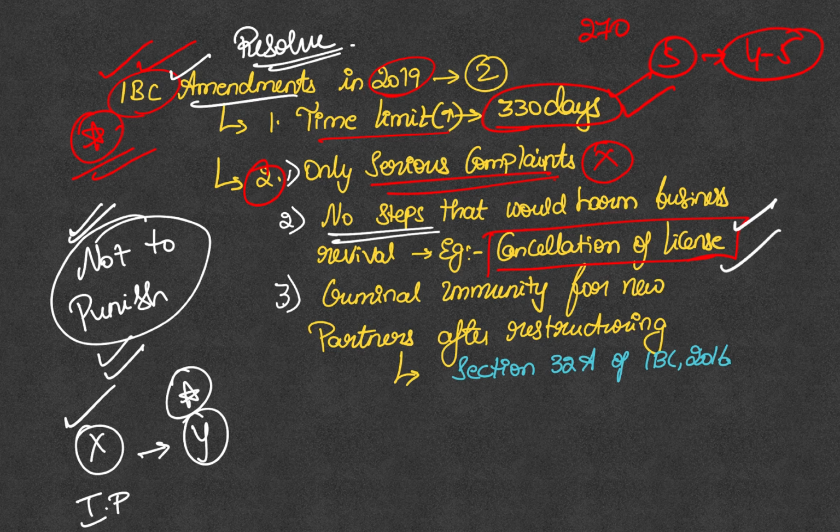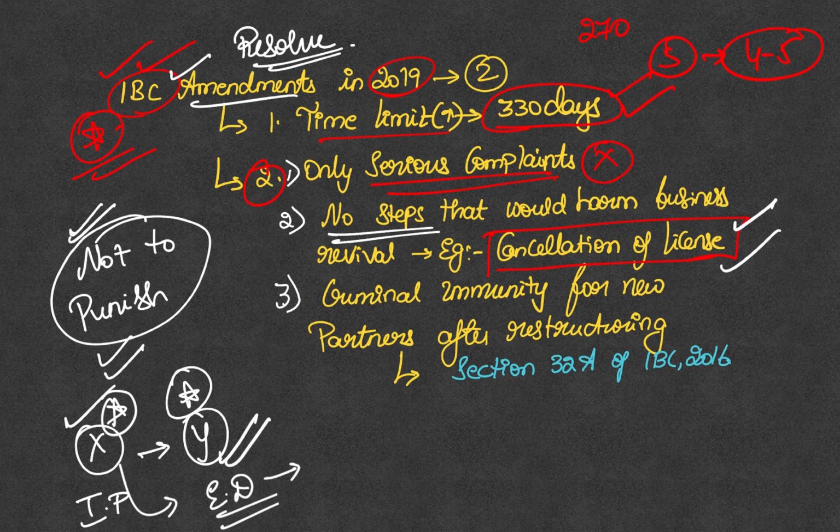At the same time, another worry was a lot of companies had heads who were involved in criminal cases. In the same example, if the company head is involved in an Enforcement Directorate interrogation, and if the Enforcement Directorate is actually threatening that they would take over the assets of this company owner X, then why would a person Y invest in this company? Because he's at a very significant threat of losing his entire money by investing in such